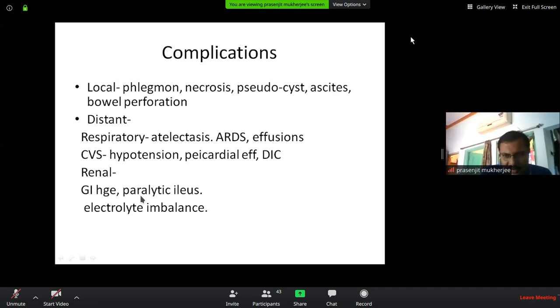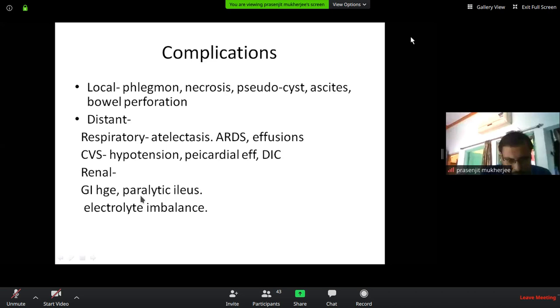Pancreatitis is actually a systemic issue. It does not only affect the GI system. For some unknown reason, there is activation of systemic inflammatory cascades, and there is a chance of affection of almost all systems of the body. Most commonly the respiratory system is affected, usually on the left side, and there may be acute respiratory distress syndrome, ARDS. We are mostly afraid of ARDS because most of the time it is not reversible.